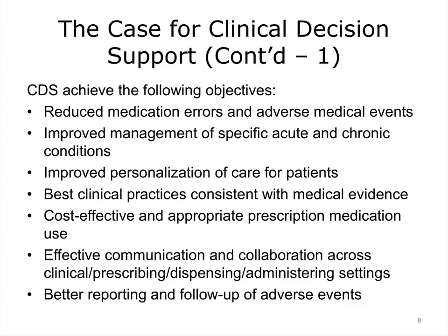Best clinical practices consistent with medical evidence. This is a primary goal of CDSS in general. Cost-effective and appropriate prescription medication use. Cost-effectiveness of CDSS has been somewhat difficult to demonstrate. However, there is no question that better treatment, fewer medical errors, and better patient monitoring and management could reduce costs